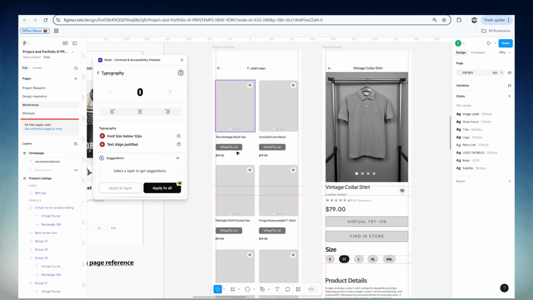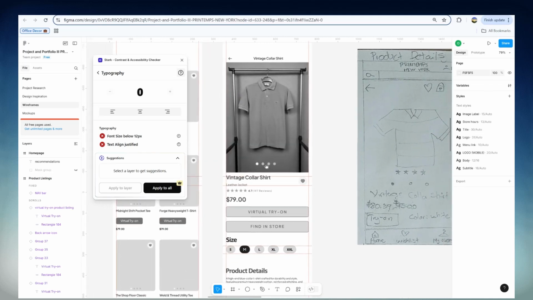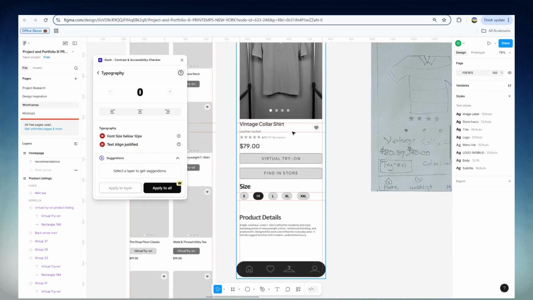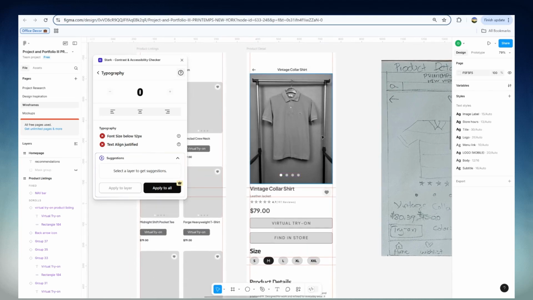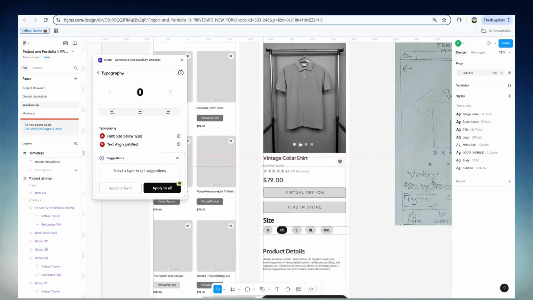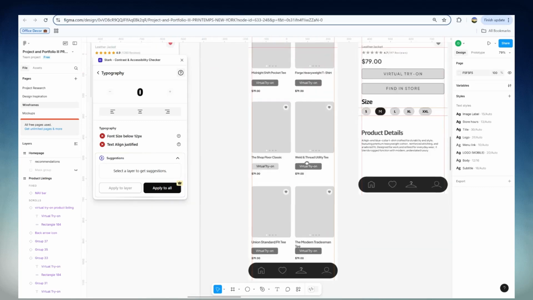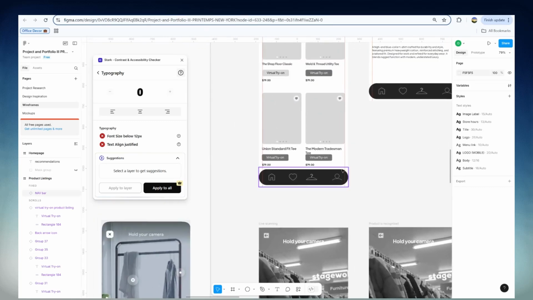This is the product details page. This is after the user has selected an item, either in the search bar or looked on the recommendations. If the user clicks on one of these products, for instance, the vintage collar t-shirt, this is what we get. The user can then read this information, and we've reached kind of a dead end. Since there's nothing else to go further, the user can click the back arrow, which will go back here. And eventually, if the user wants to go back to the main homepage, click on this icon,